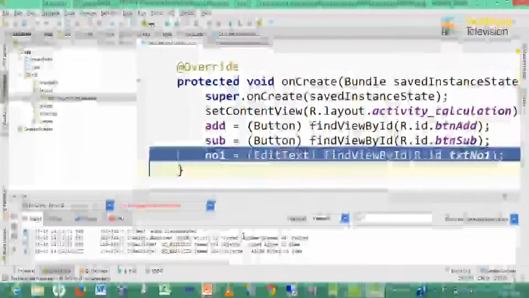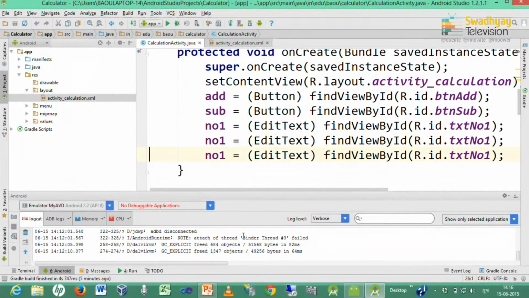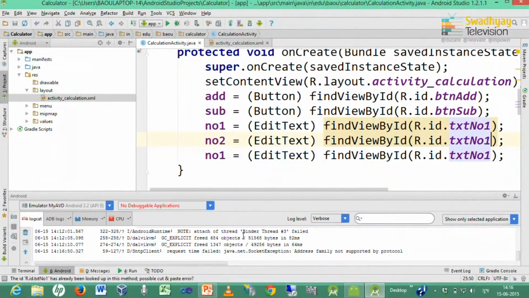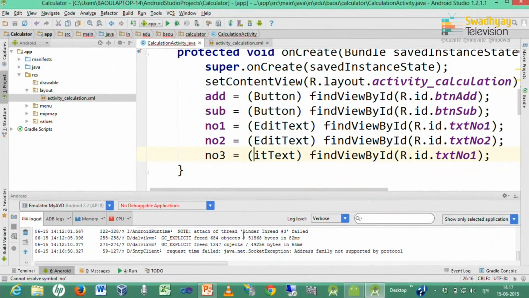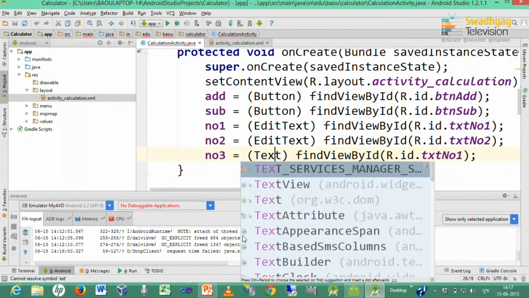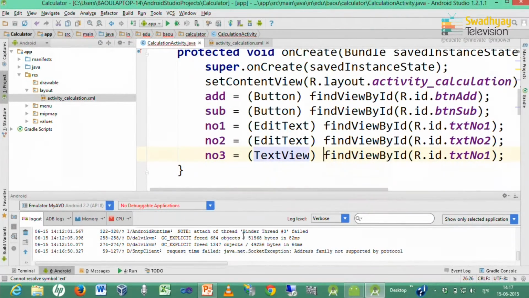I can copy this code for another one. So, here I write NO2 and change the ID to NO2, and last I declare NO3, but that is not an edit text but a text view. So, I declare it as a text view and its name is NO3.